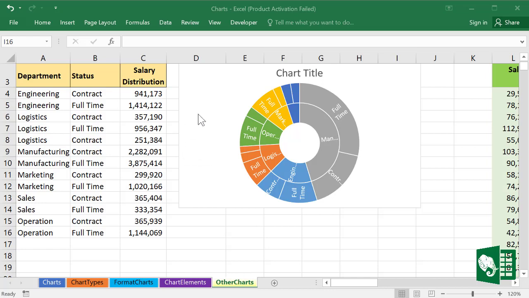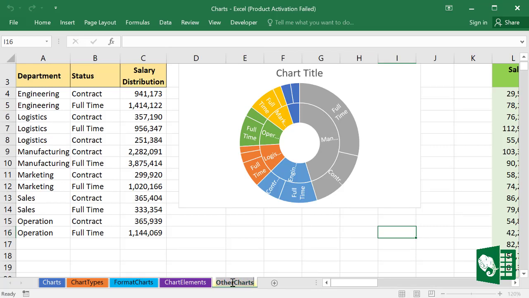These three operations, rename, insert and delete, are super easy to do, but they are very essential worksheet management tools. We have this chart workbook and these sheets on it. If you want to rename a worksheet, simply double click on it and start typing the new name.